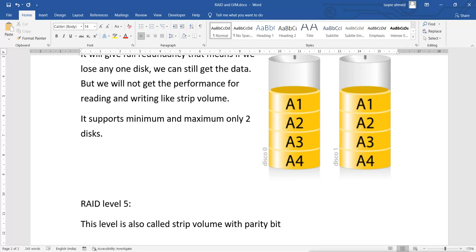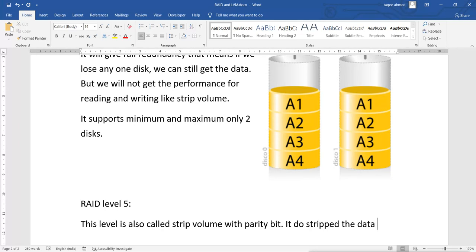That means it does striping. Like level 0, it will stripe the data across multiple disks. If you store any data, it will be striped into multiple disks.